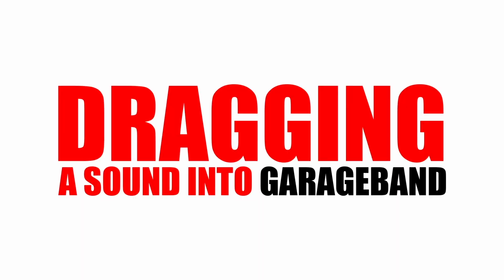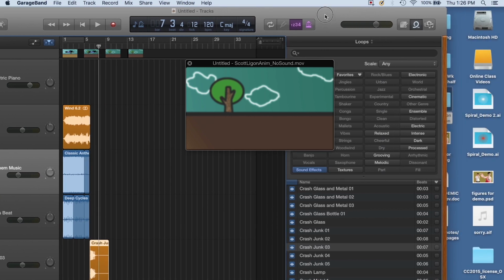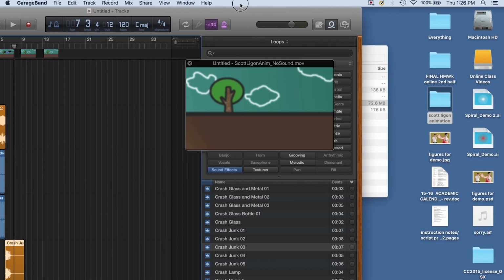Okay. Dragging a sound into GarageBand. So the next thing I want to show you, I've recorded the word sorry, and I've got it as a sound file. It's a .aif file, which is a good non-compressed file. You can also use an MP3. So you know how we dragged our movie in? We can also drag this in, the word sorry,